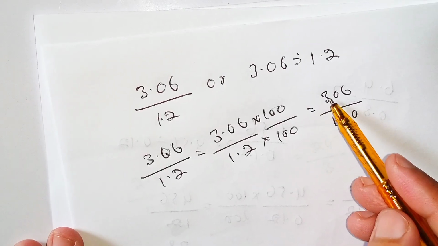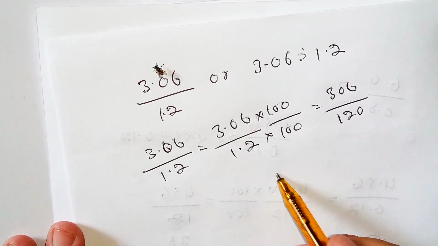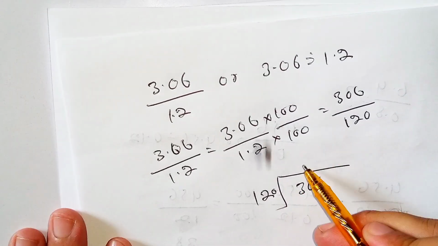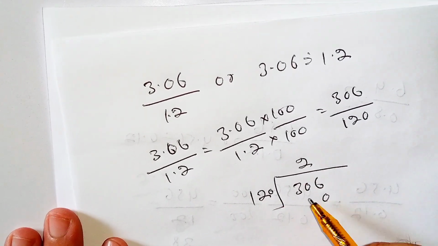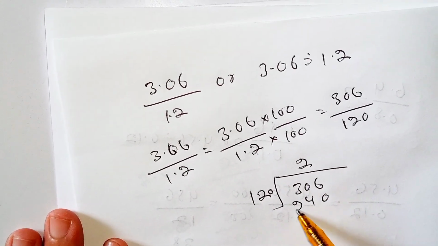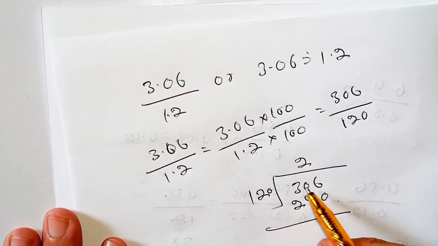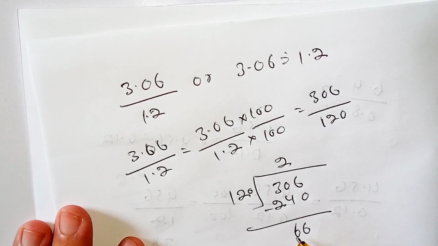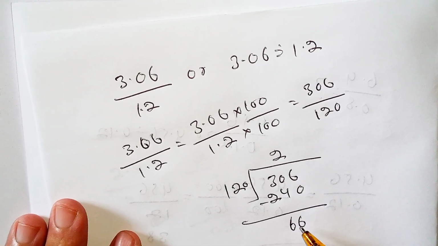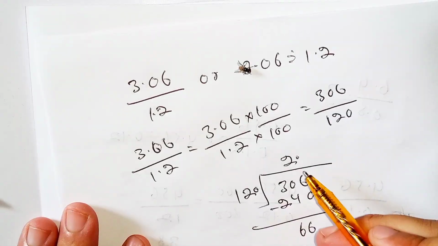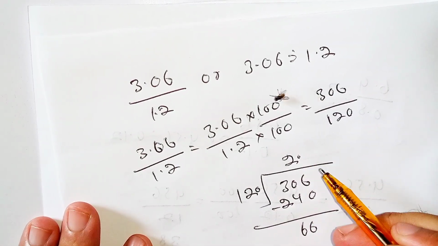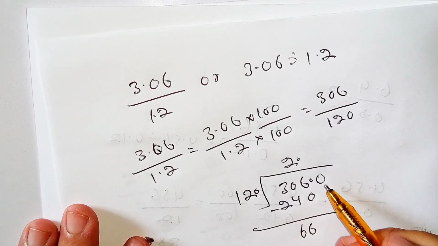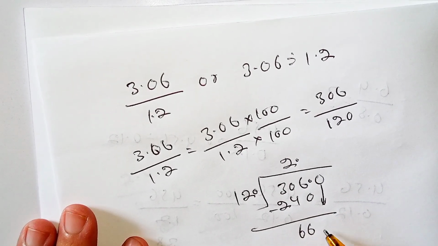Now we can easily divide 306 by 120. So 2 times 0 is 0, and 2 times 2 is 4, and 2 times 1 is 2, right? Subtract the 240 from 306, and we get 66 as a remainder. Now we can say that 66 cannot be directly divided by 120, so we'll put the decimal point in the quotient after 2, right? And we will put a 0 in the dividend and bring it down near 66 to make it